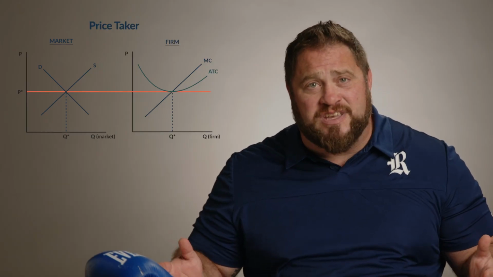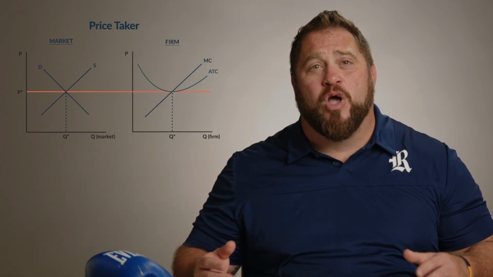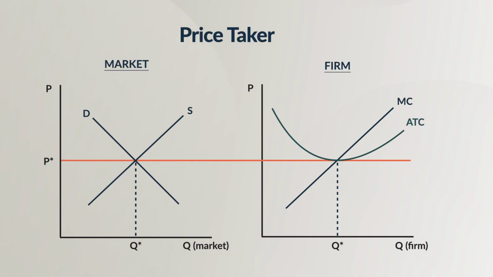This is a visual representation here. These are our graphs in perfect competition. On the left-hand side, we have our market supply and demand curves. We've already talked about these, right? We've already had a lecture about these. So really, what was I lecturing you about? I was lecturing about market supply and demand in the short run with our downward sloping demand curve and our upward sloping supply curve. The intersection of those two determines the price, and we dictate that price to the firm.